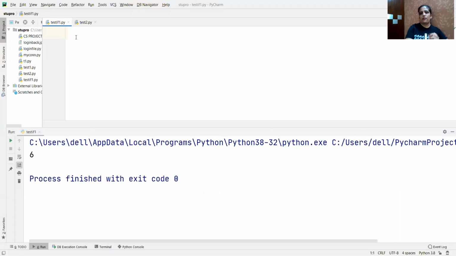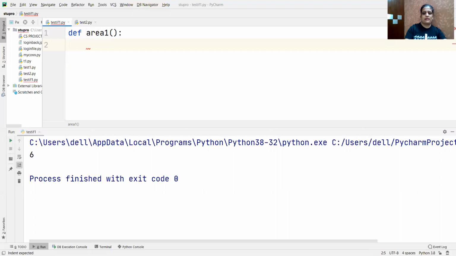How to write a function in Python? We use a def statement. Def means define, it's a short form. Def and the name of your function. Say as I said, I want to create a program to find out the area of rectangle, so I'll give the name area1. Then the symbol of function is this round bracket. Then you have to write the colon symbol.